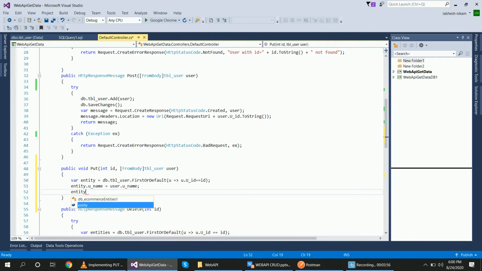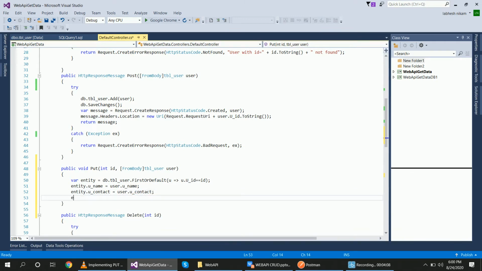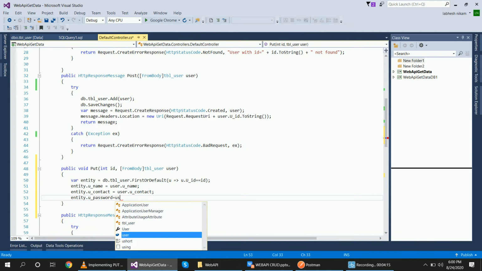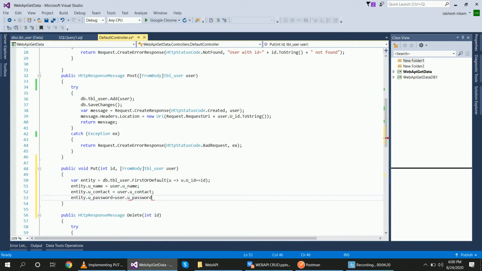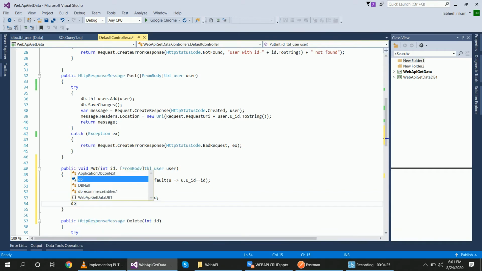Entity dot uContact equal to user dot uContact, and entity dot password equal to user dot password, right? And save changes with entities, so db dot SaveChanges. This is my simple put method.